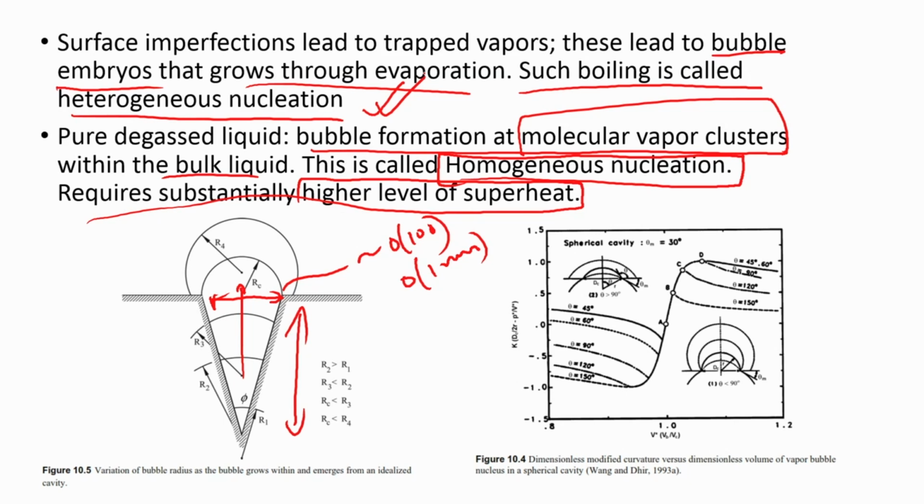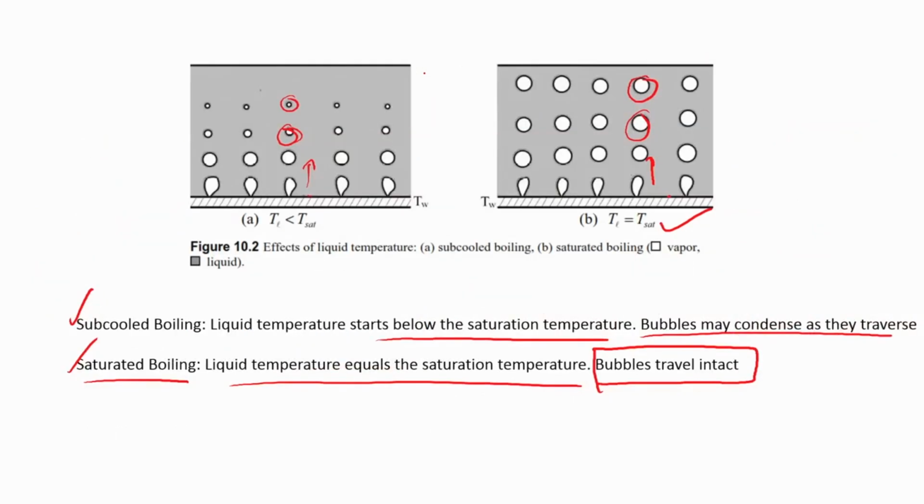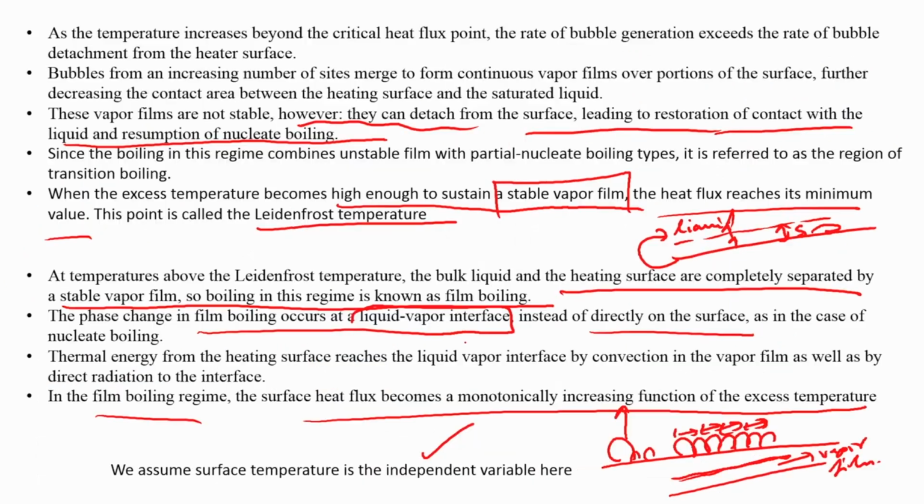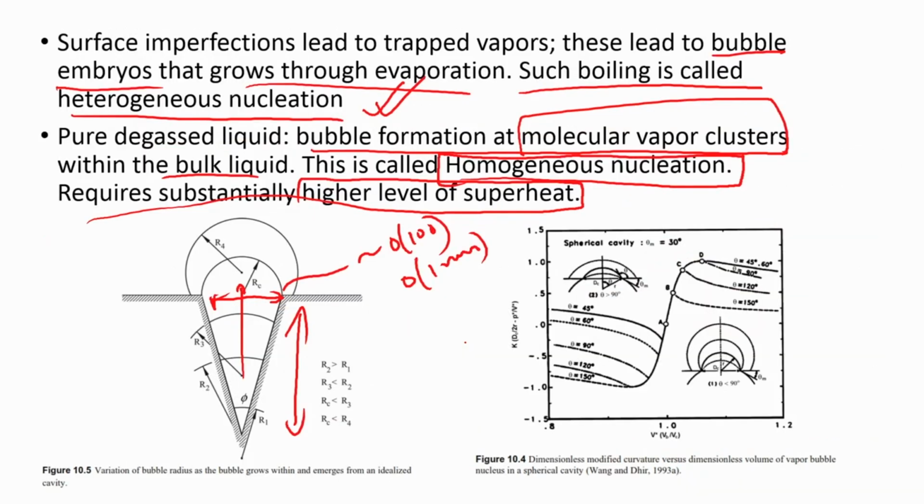of superheat. So, what we learnt is that there is subcooled boiling, there is a difference between boiling and evaporation, subcooled boiling, saturated boiling, and then the boiling curve, which is the most important thing that you would get. This is a very typical boiling curve, done for saturated water. It can be done for other fluids also. We learned the different stages of that boiling, and now we know that there is heterogeneous nucleation and homogeneous nucleation of the boiling. And what we are going to do right now is study